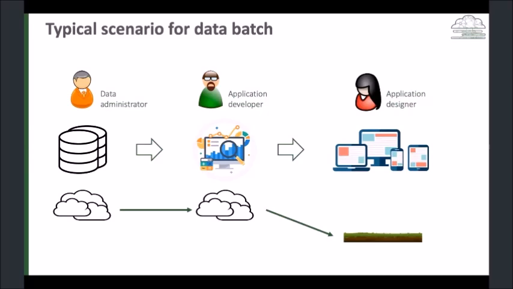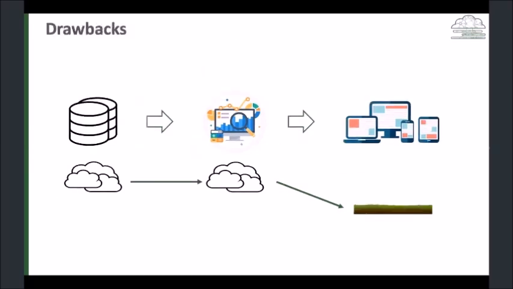Again, also in this case, we have other types of drawbacks. We have, again, the problem of reusability. We have, again, the problem of latency. But we also have problems in terms of privacy, because even if we have data going from cloud to cloud, and the connection between the clouds could be optimized, probably managed by the same cloud providers, we are not sure that the data will be moved to a cloud in the same country or in the same jurisdiction realm as the first one. So we need to enforce a privacy control.